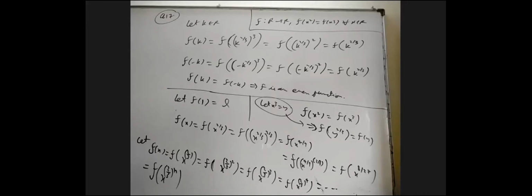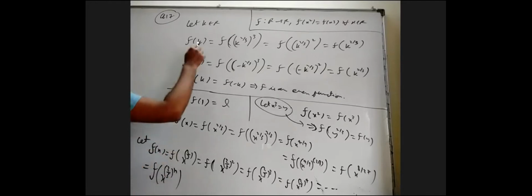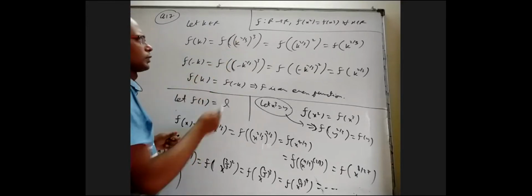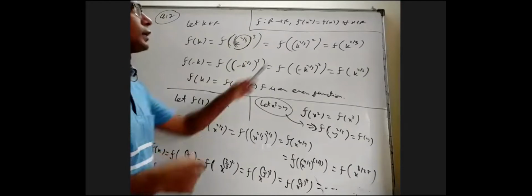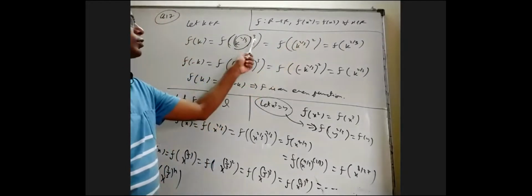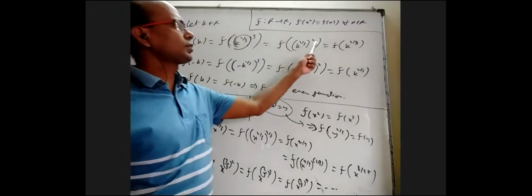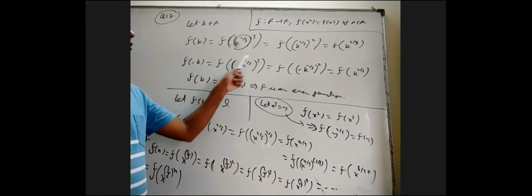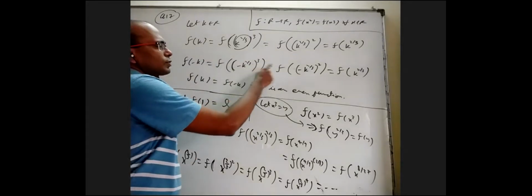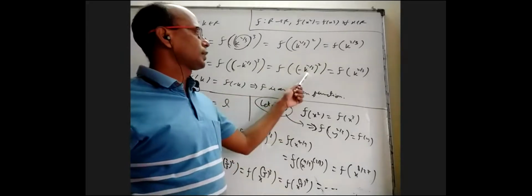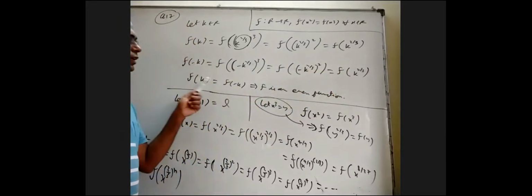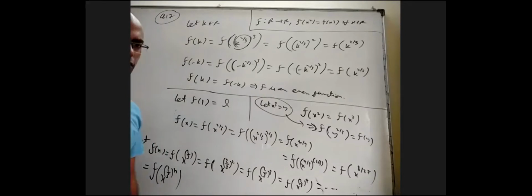Just to prove it is an even function, I want to prove that f of k and f of minus k are equal. K, I can write as k power 1 by 3 whole cube. This is like my x. F of x cube equals f of x square, so I removed the cube and kept square, and k power 1 by 3 whole square is k power 2 by 3. If you take f of minus k, that also I can write as minus k power 1 by 3 whole cube. Again, it's like x cube, and f of x cube is the same as f of x square. Then minus will go in the square, and we'll get f of k power 2 by 3. These two are the same. So f of k and f of minus k are equal for all k belongs to R, so f is an even function.